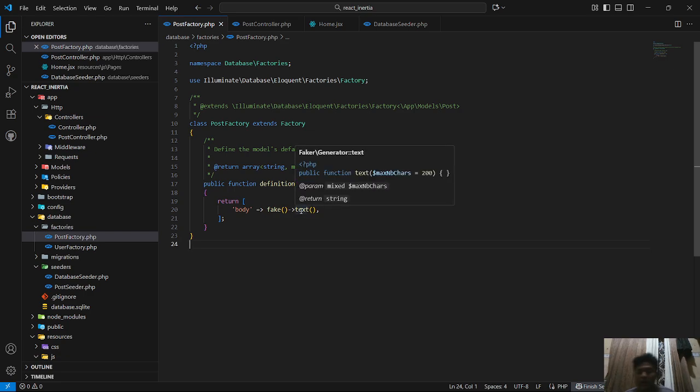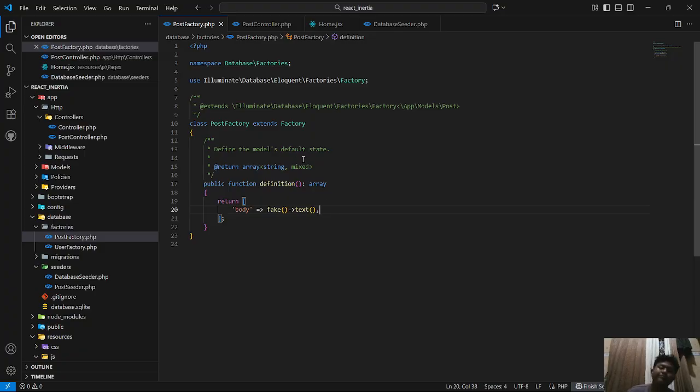In one text, the maximum character is 200, and if you want to add a maximum character, you can add a number in this column.